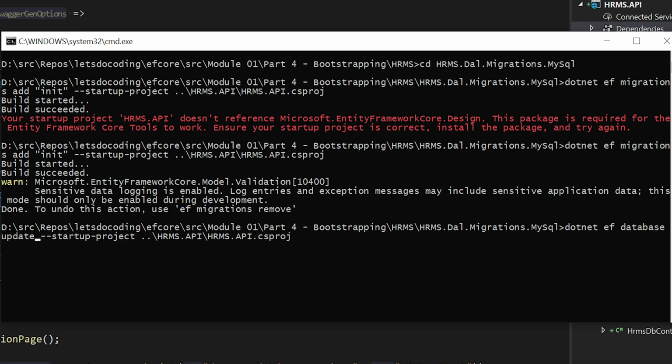So this is a command. We need to fire dotnet ef database update, and it will see the state of the database and update it as required. Now, one more parameter that I love personally to add is verbose. What it does is basically give the detailed logs of what is happening, what is executing. So let's just hit it and see.